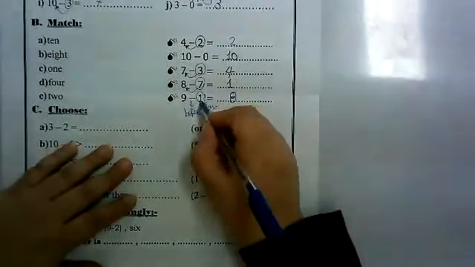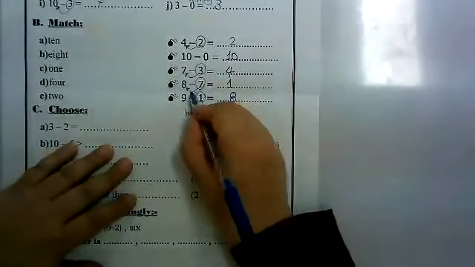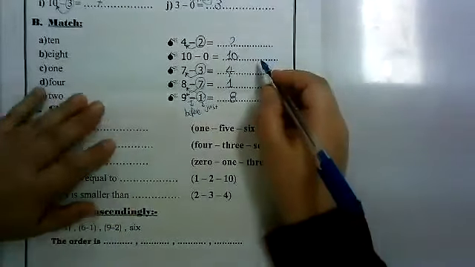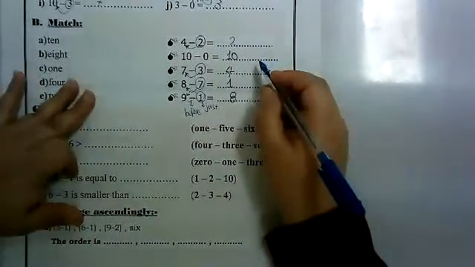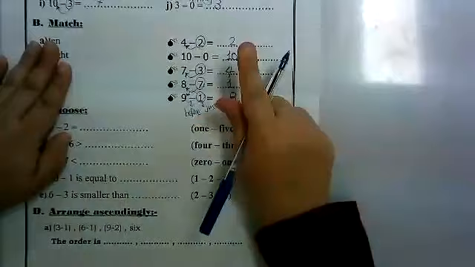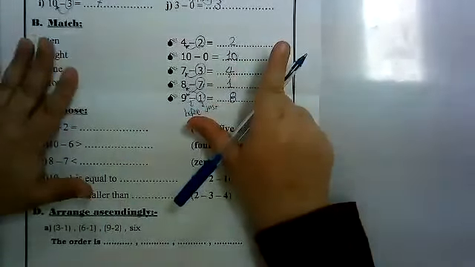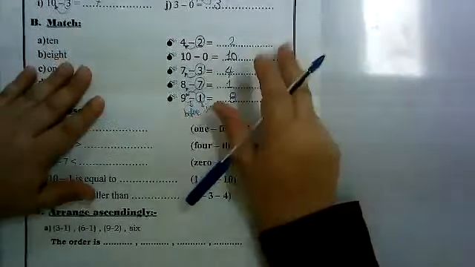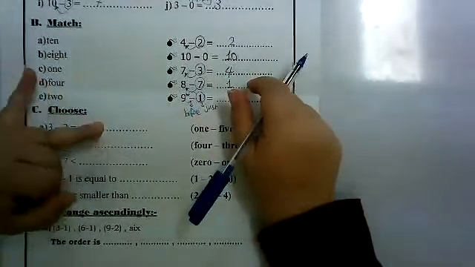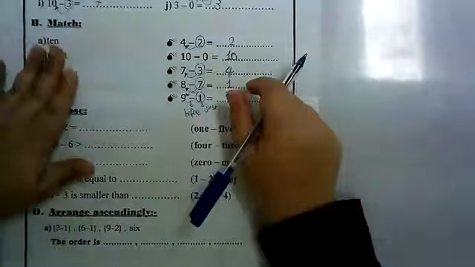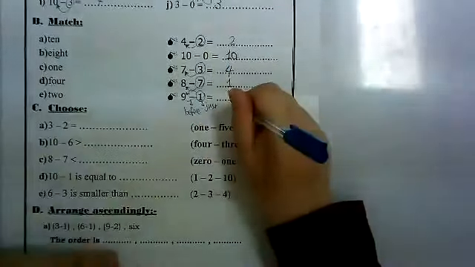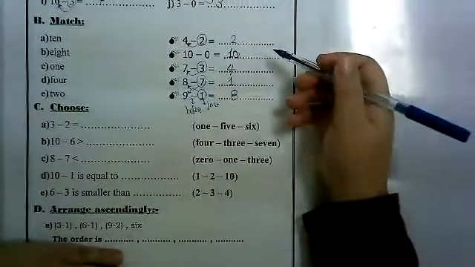Or you can do it like this. 1 is the smaller number. Draw an arrow from 1 to 9. After 1, 2, 3, 4, 5, 6, 7, 8, 9. So they are 8. The answer is 8. Okay, now,